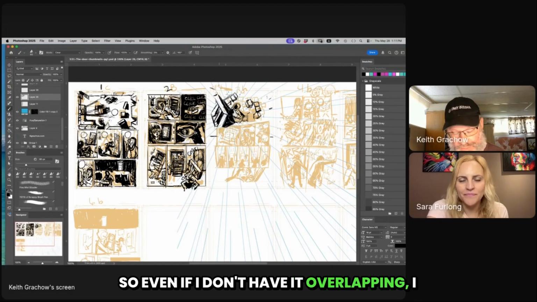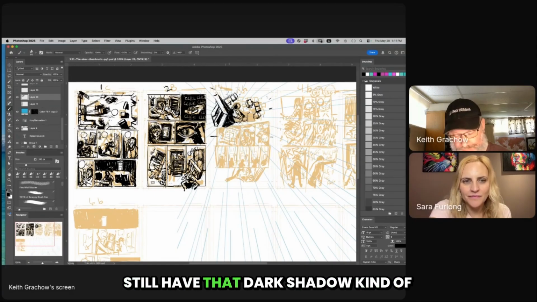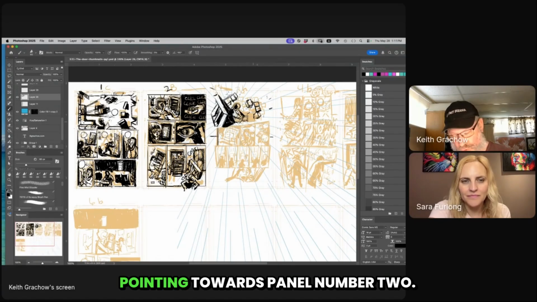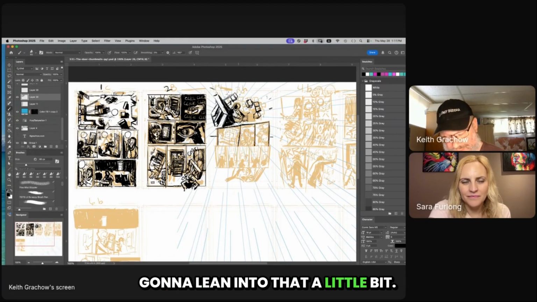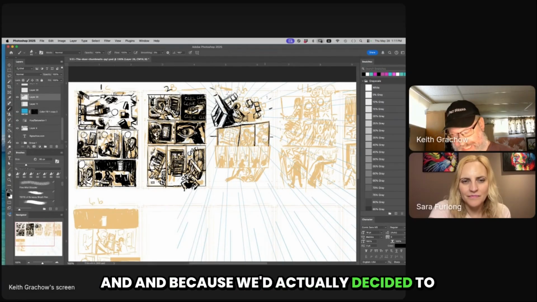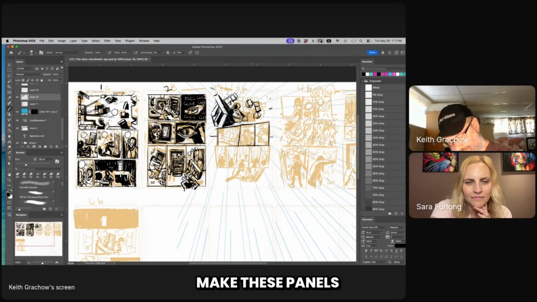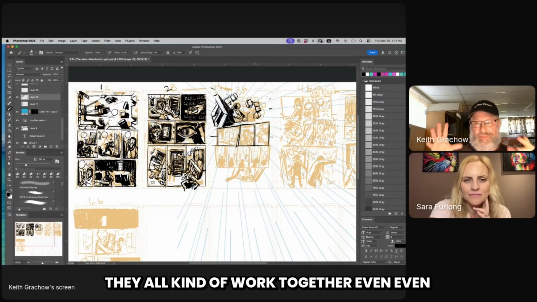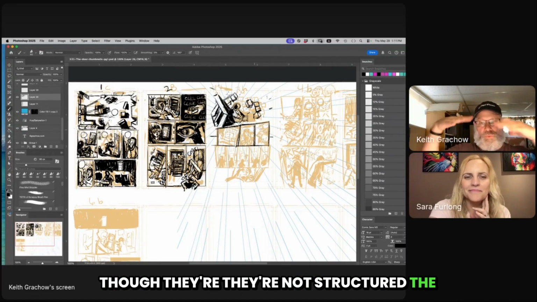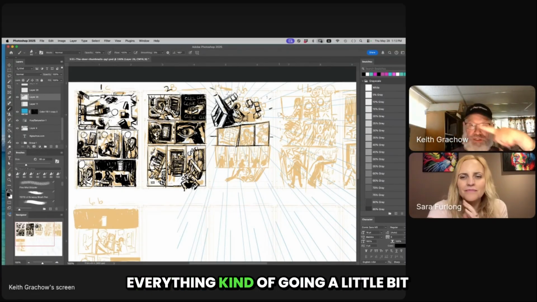So even if I don't have it overlapping, I still have that dark shadow pointing towards panel number 2, and I'm going to lean into that a little bit. Because we'd actually decided to make these panels a little bit chaotic, I can make sure they all work together even though they're not structured in a horizontal, vertical way, so you have everything going a little bit back